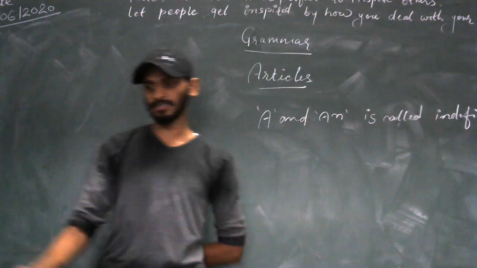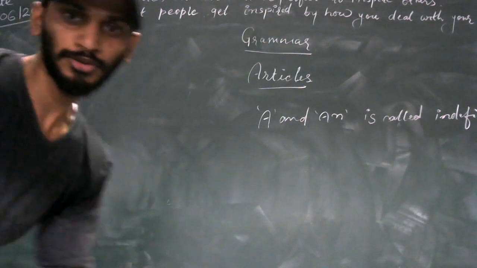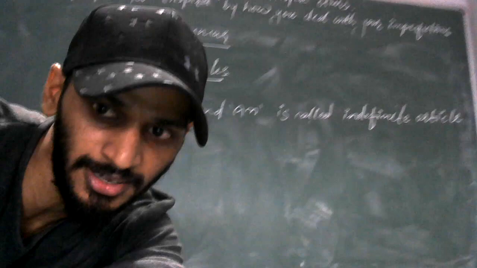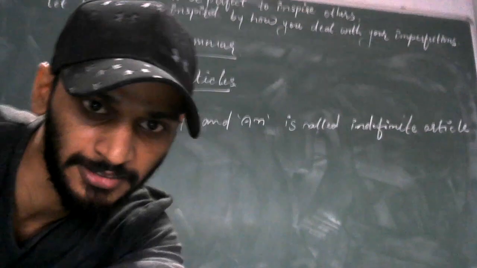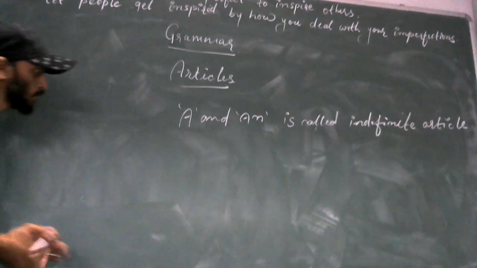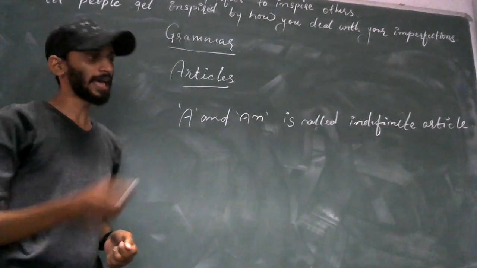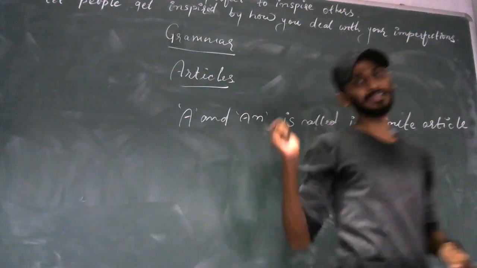And the reason is, so let me turn the camera a little bit to this side, so now you can see it clearly. Okay, yeah. So the letters A and AN are called indefinite article, and the reason why they are called